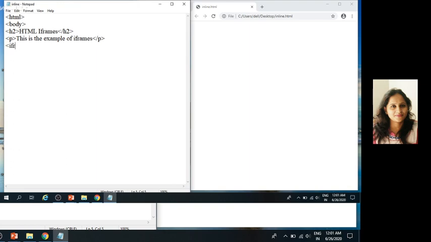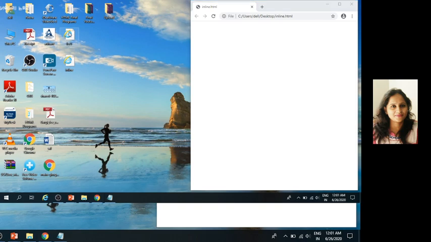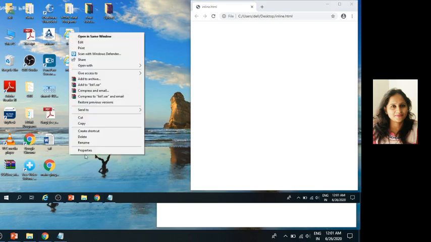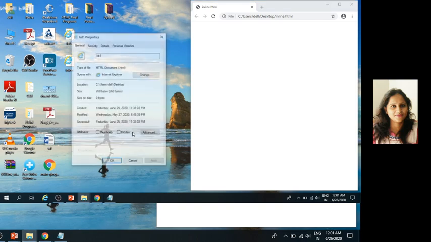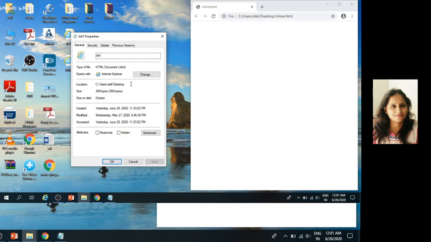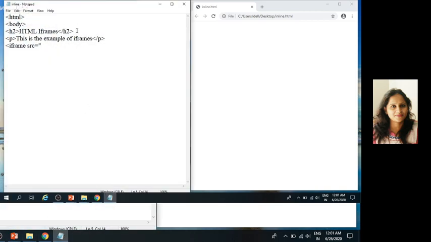Then iframe SRC means source is equal to, put other program location, for example list 1. First of all copy location and then put it. List 1 is program name and .html is the extension.